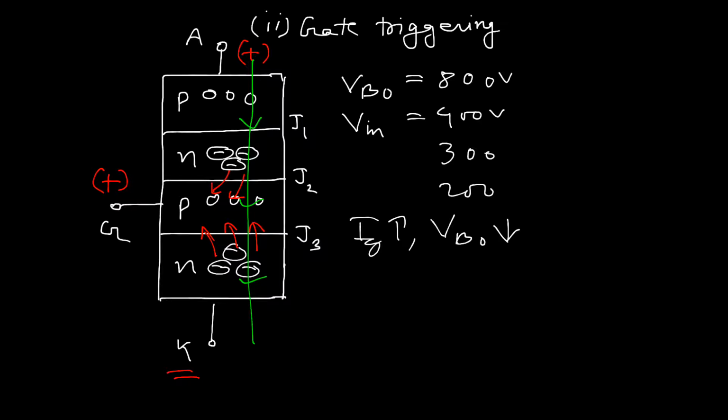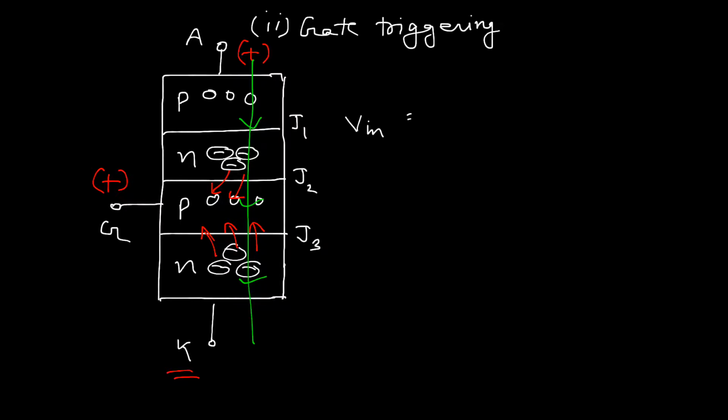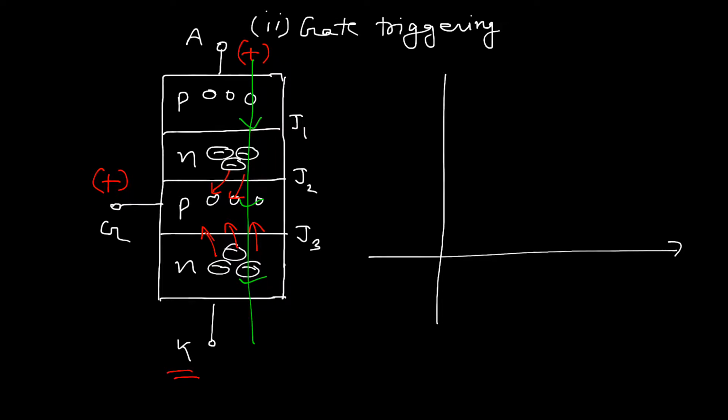Similarly, it can be reflected on the VI characteristics also. So let me discuss it. First, erase the part. So now we can understand how it gives an effect on the VI characteristics. We all know the VI characteristics of the SCR in forward biasing condition, which we discussed in the previous session. It will start from this one.